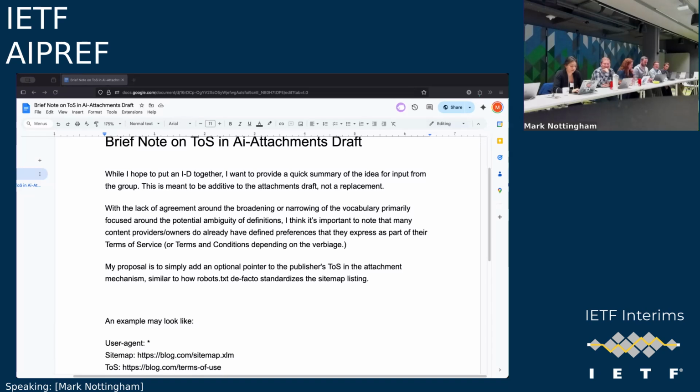Right. So Max, you're of course welcome to work on a draft here. From a chair perspective, just speaking for myself, having talked to Trish and Steve, because this has just come up on the doorstep, I have questions about how this fits into our charter. The attachment mechanism is supposed to be about attaching the preferences that define the vocabulary, and this is kind of short-circuiting that. If you squint really hard, you could see this as a preference, but we'd have to talk that through, and of course we need some sort of agreement to adopt. From this initial discussion, it doesn't look like there's an easy road to walk down here. I see Suresh shaking his head for your benefit.